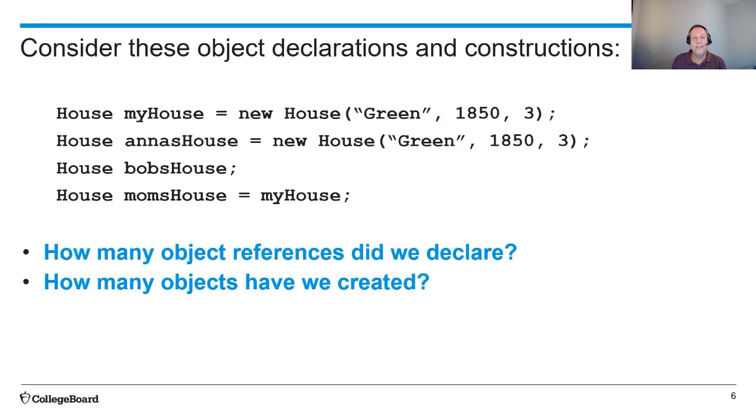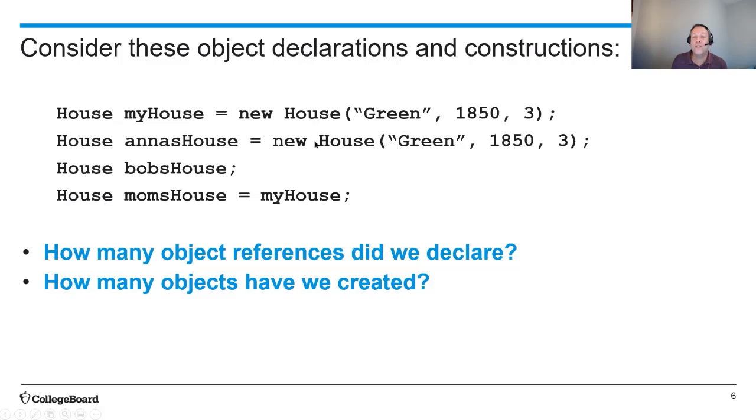So I want to consider these object declarations and constructions. How many object references do I have here? Well, if you look at where it says House myHouse, House annasHouse, House bobsHouse, and House momsHouse, those are my four object references that I've declared. So I've got four object variables, and then how many objects did I actually create? Well, we go over to the right-hand side, and here when I said myHouse equals new House, it's a green house, 1,850 square feet and 3 bedrooms, annasHouse is also a green house with 1,850 square feet and 3